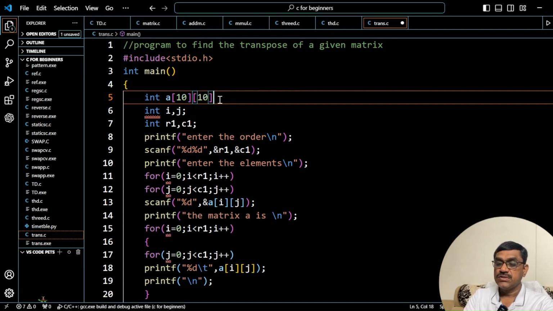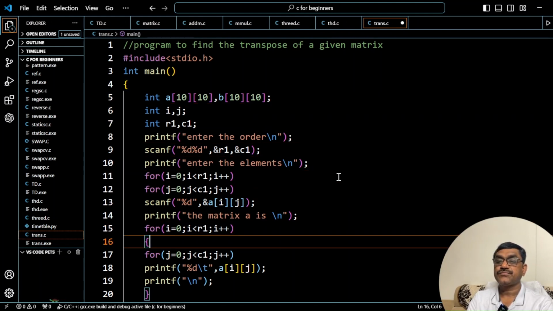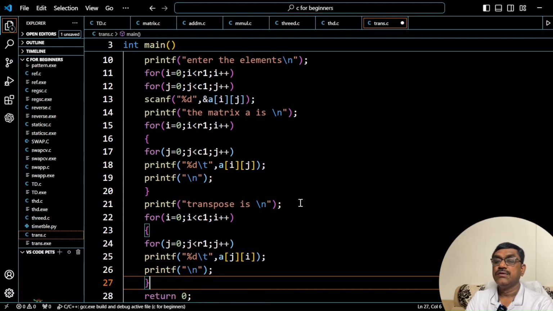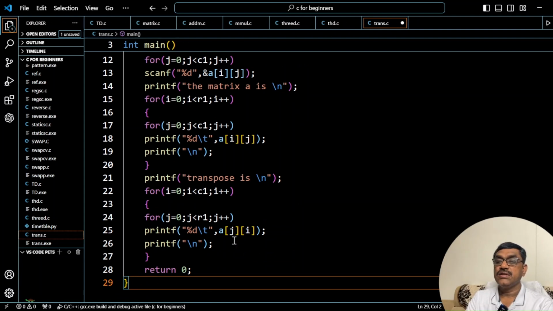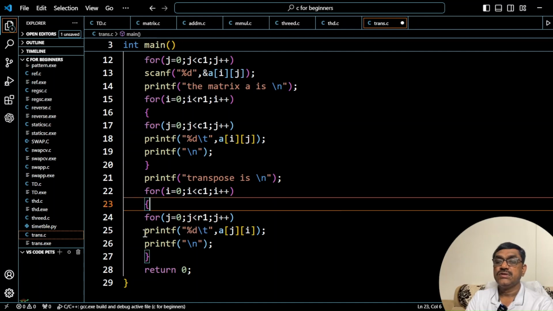Another method here is you can take B of another matrix, a temporary matrix like this, 10, 10. Here I'm writing 10, 10. Another matrix B of 10, 10, right? In this case, what I'm going to do is store the elements in the temporary array. See, we are calculating the transpose here, right? So instead of directly printing the transpose here, what I'm going to do is, see here,